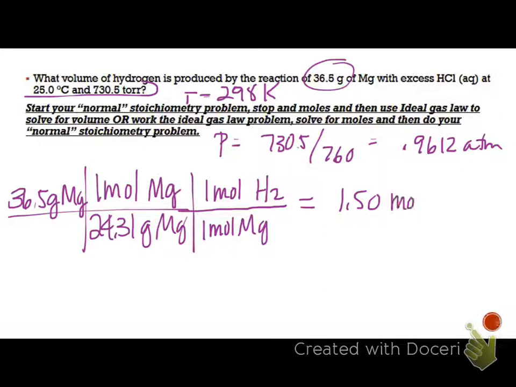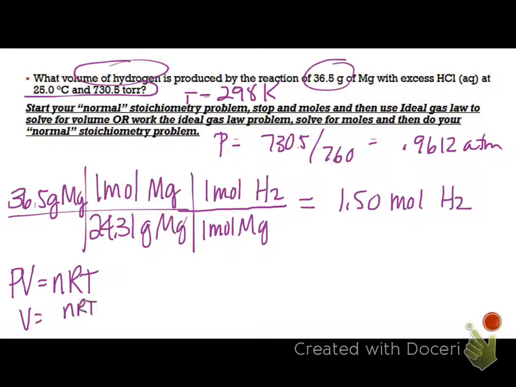Okay. So that's moles of hydrogen, but it wants volume. Well, we're not at STP, so we can't do the magic 22.4, so no happy dances here. Okay. So now we're going to use our ideal gas law, PV equals nRT, and solve for volume. So now we'll put 1.50 moles,